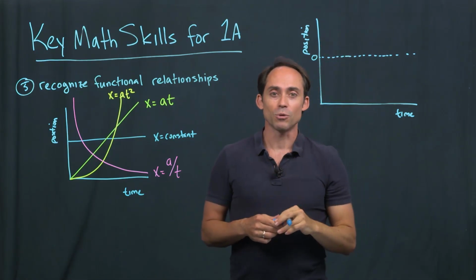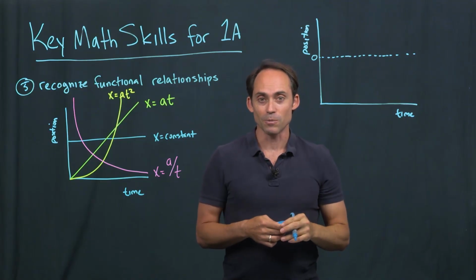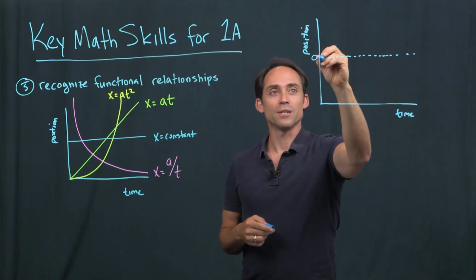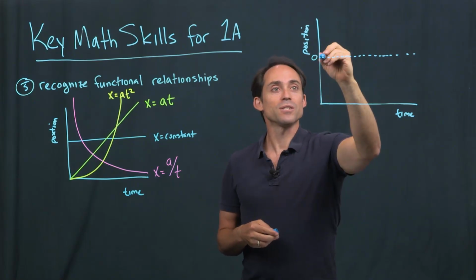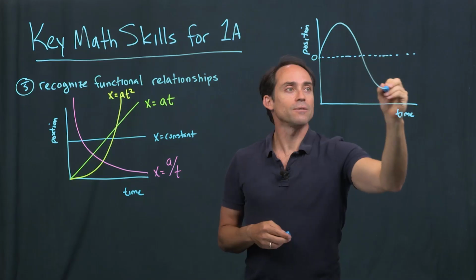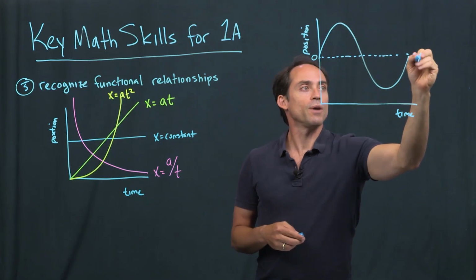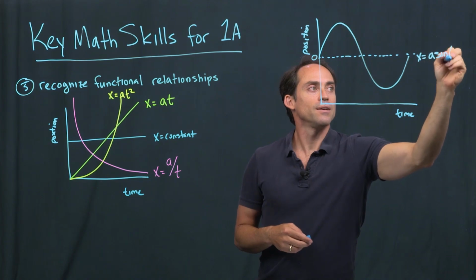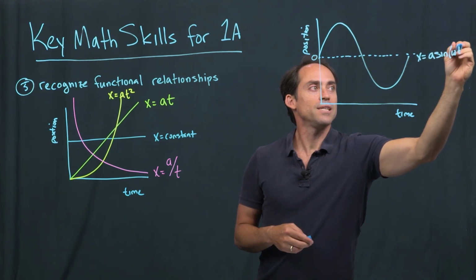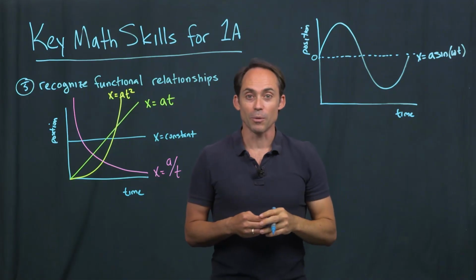So for a sine function, if you remember that sine of 0 is 0, that function has to start at our origin. And as we went around that circle, it increases up to a maximum. So our sine function actually looks something like this. Right? So if we write that down as x equals a times sine of omega t, which is a very common form that we'll see a little bit later,